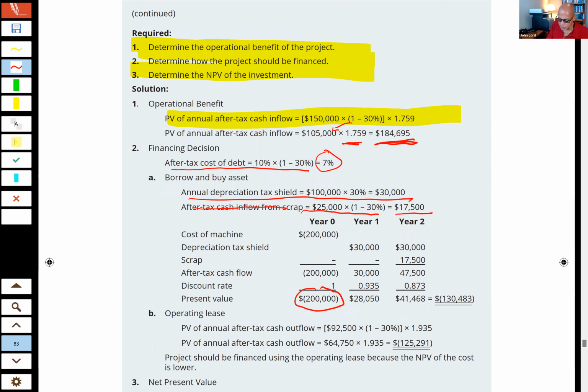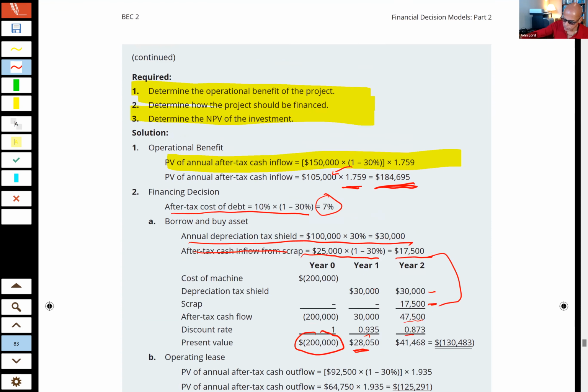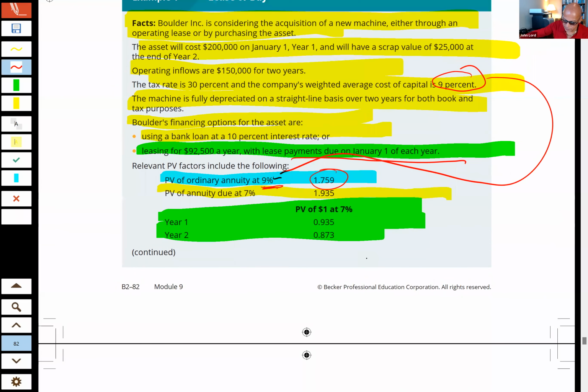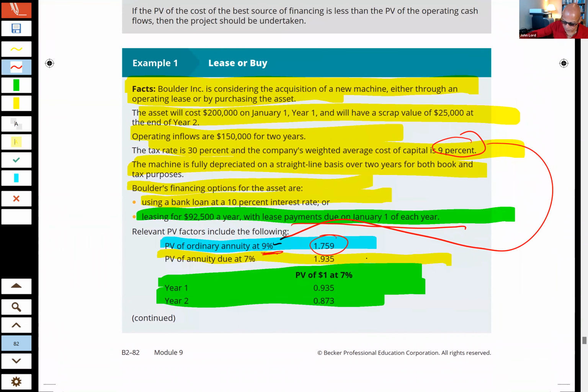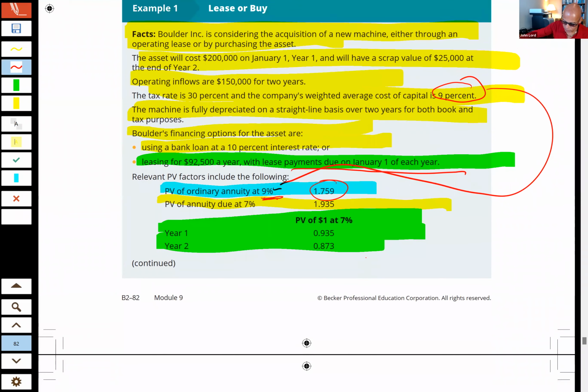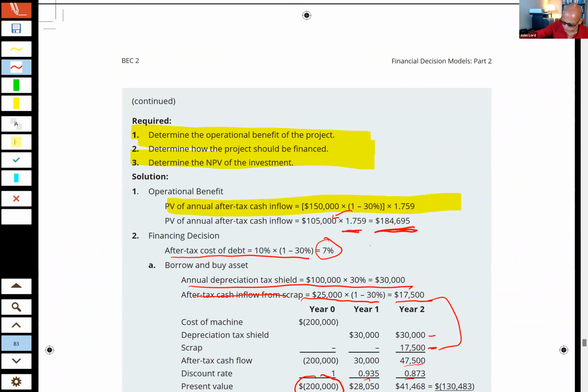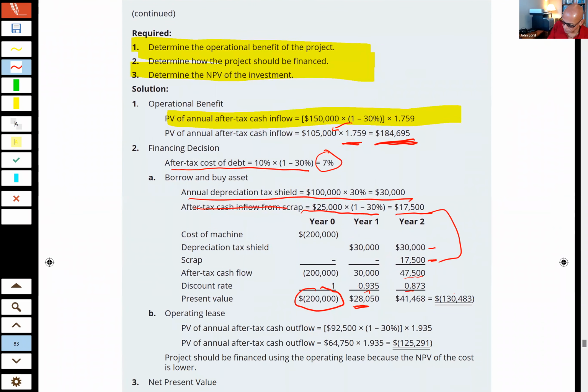Then we have to consider the 30,000 tax shield for year 1 is going to be multiplied times that 0.935. So that gives us that 28,000, and there'll be a tax shield. And then the tax shield for year 2 again is the 30,000, but then we're going to be able to sell the machine and have the after-tax inflow from the scrap, that number up there. So there's that amount for year 3, and we use those percentages. And again, we're using the percentages here that were the amount that they gave us for the 7% rate of return here. So we use those present value factors. We go ahead and we discount those, and so we have what? We have